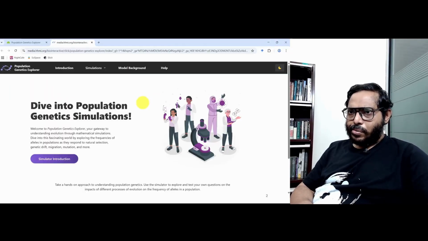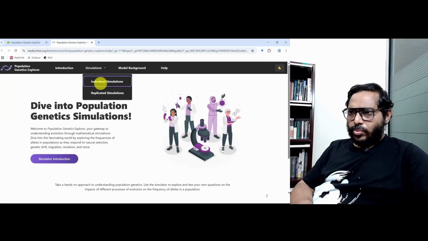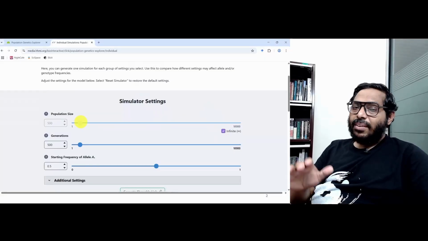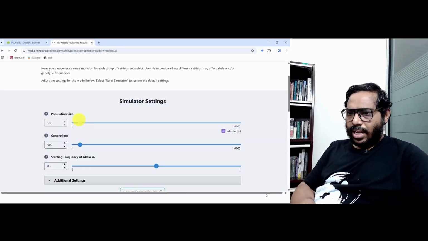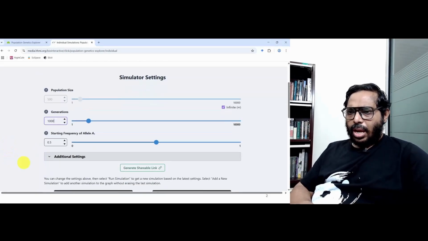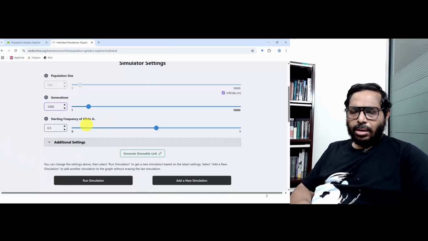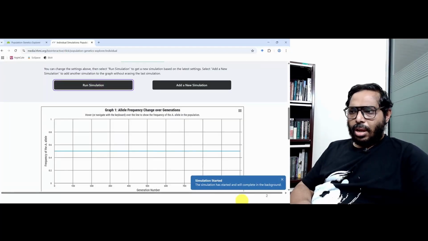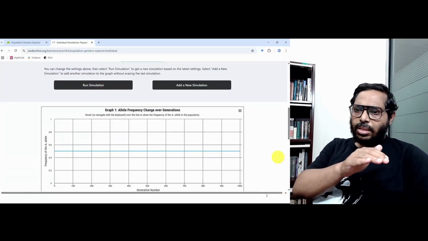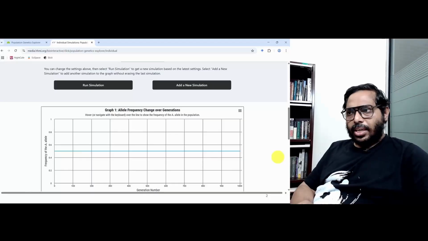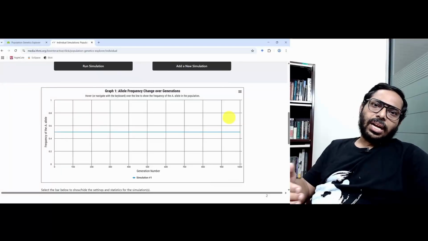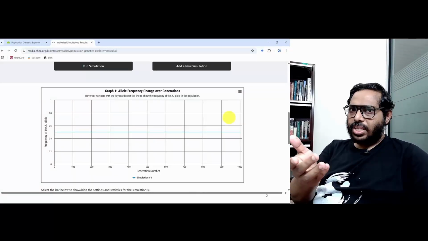and there we go. So, we will start with the individual simulations. We will set the population size at infinity to begin with, just to get the baseline case. Number of generations we will set to about 1000, and starting allelic frequencies we will keep at equal frequencies for both alleles, and we say run simulation. And what do we see? We see that there is no change in the allelic frequency, which is expected because we have clicked infinity as the population size, and therefore, we are just getting back the Hardy-Weinberg principle, which is that allele frequencies will not